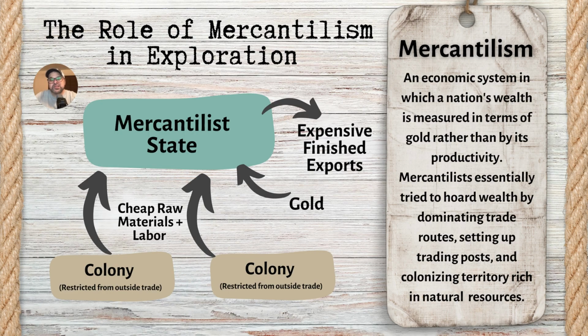A colony would not be allowed to trade freely. This is what will set us up later for revolutions, right, when we get to Unit 5. Colonies could not trade freely. For example, colonies in the Americas could not trade freely with others. They had to trade with Britain. That's just one example. So this created a very cheap and exclusive supply of raw materials and labor from the controlling state. And then that controlling state could sell the manufactured finished goods back to these colonies as well.